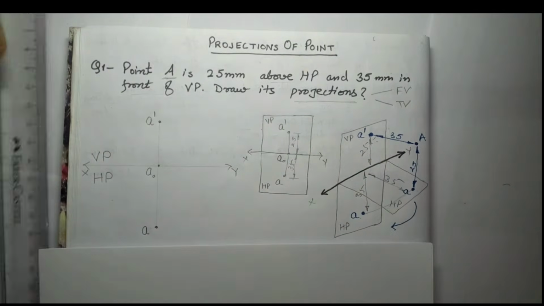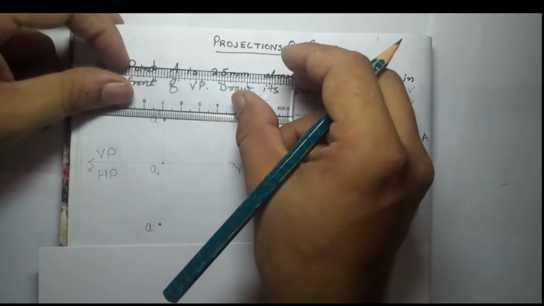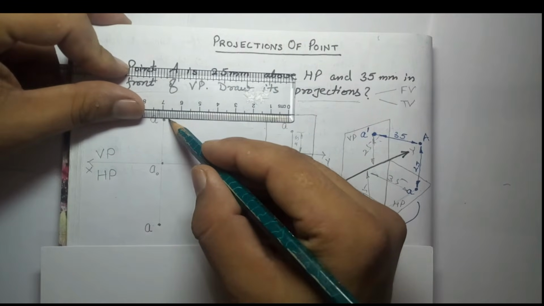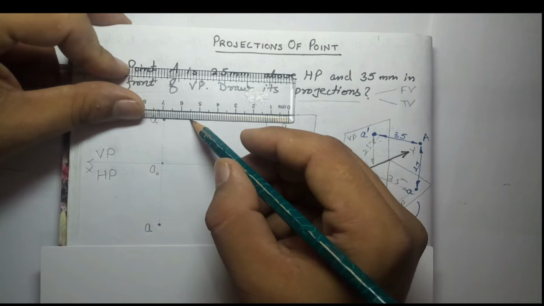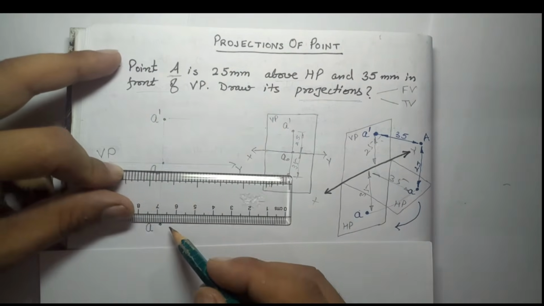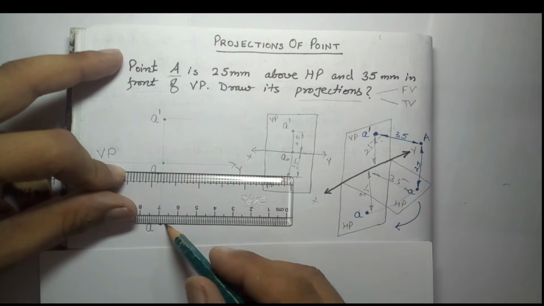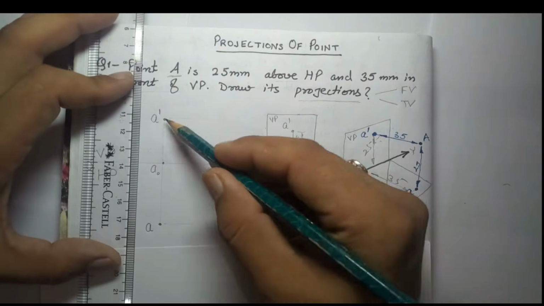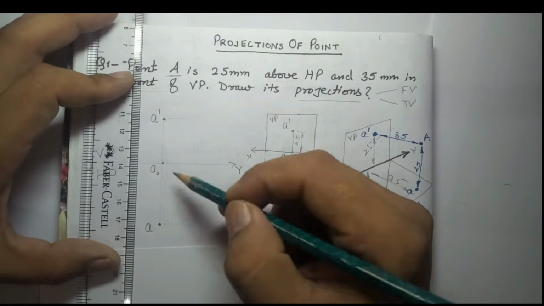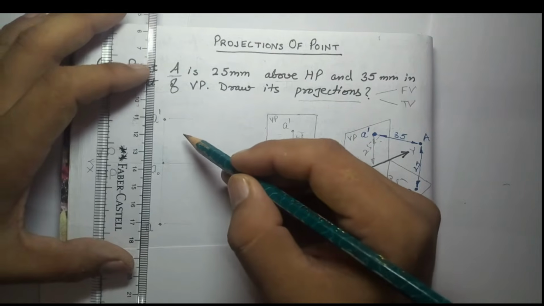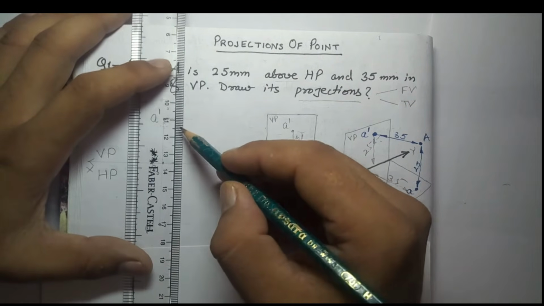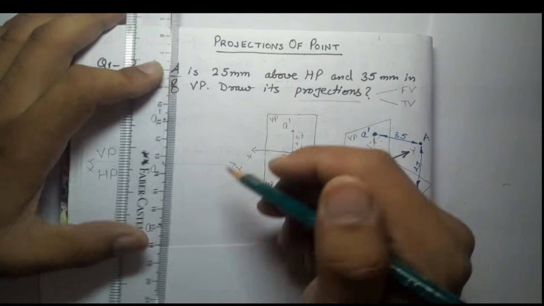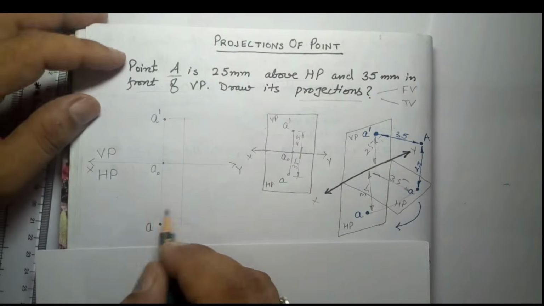Now we will give the dimensions, take a 2 mm gap with extension line and object line, very light line, thin line. Same here, 2 mm gap, draw very thin lines. I am again telling you, in the complete solution only the point is the main object, nothing else, all these other things are imaginary. Now take 10 mm gap. With practice you can easily know what is the 10 mm gap between dimension line and object line.